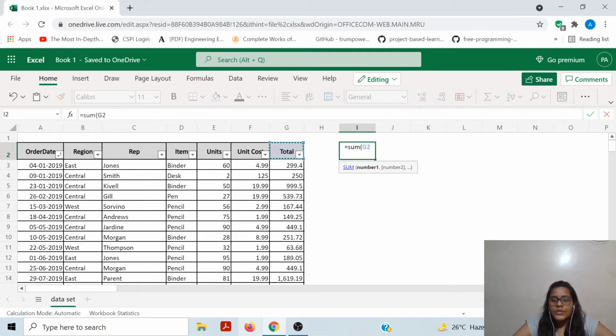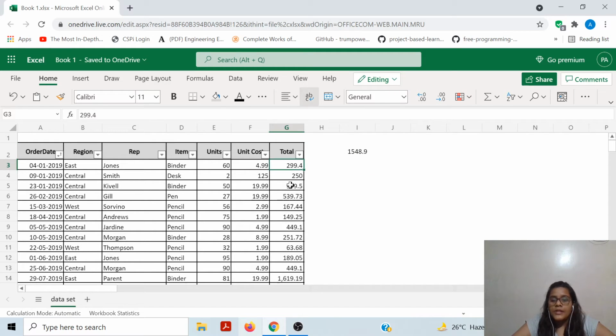and there are 2-3 ways where we can do an addition. Suppose we want to add only the first two rows, then we can select the first cell, comma, the second cell, comma, the third cell, and so on. While this method may be okay if you want to add only one or two items, in a data set which has multiple line items, this can become a very tiring process.